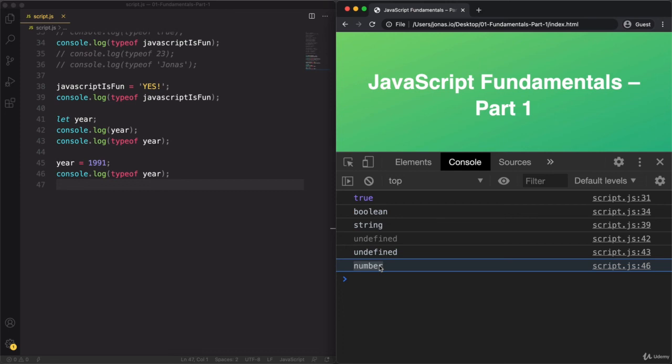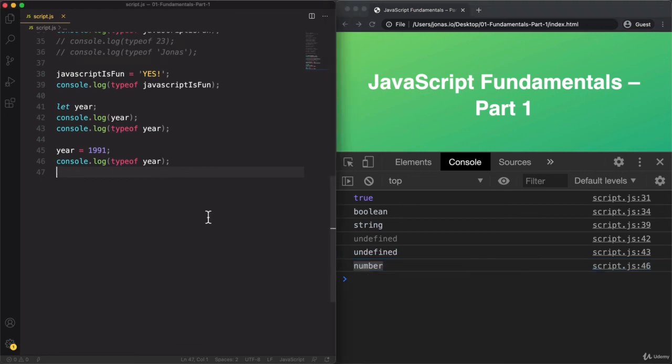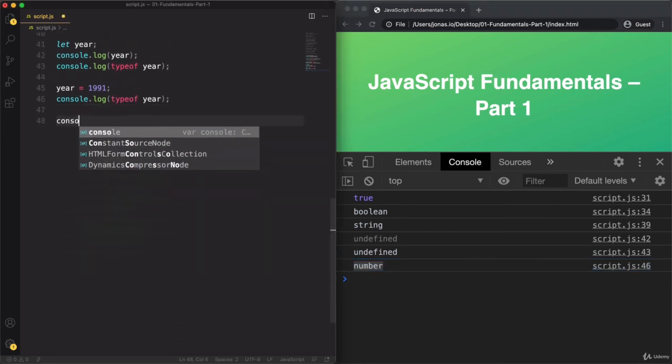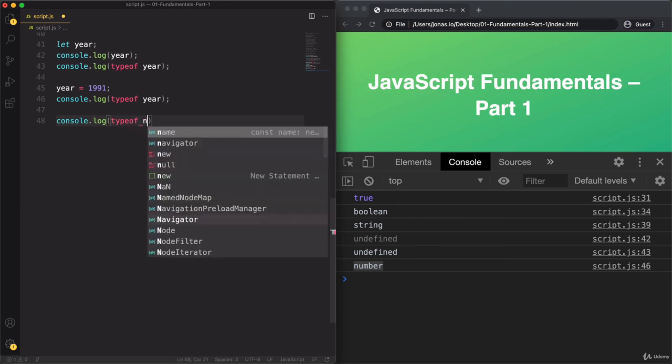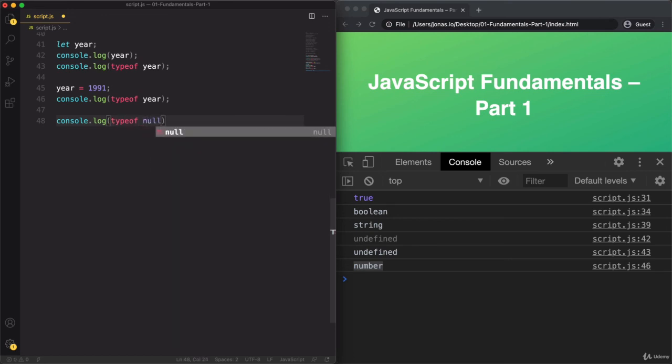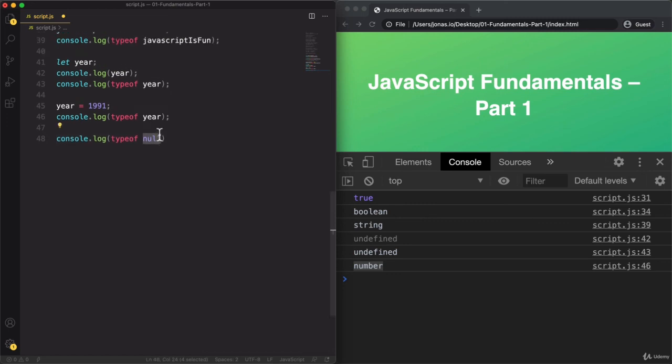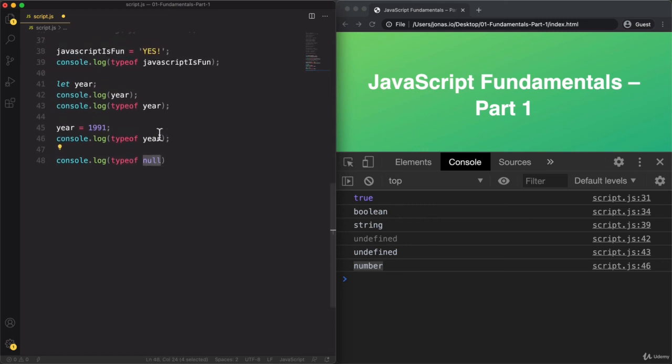Great. And now finally, just to quickly finish, I want to show you an error that exists in the typeof operator. So all I'm going to do here is to quickly say console.log typeof null. So remember that null is just another data type and it's similar to undefined. And it's also similar in the fact that both the value and the type of the value are null. Okay? Now about this bug,